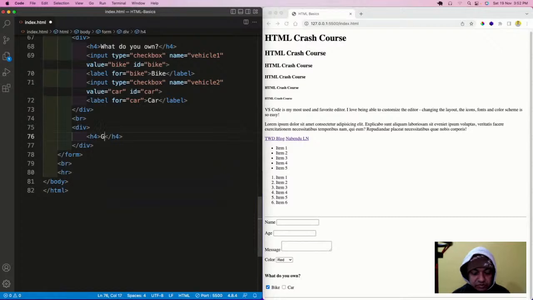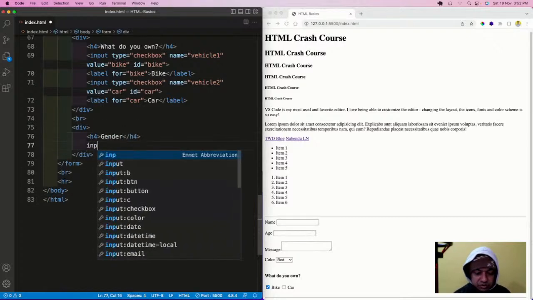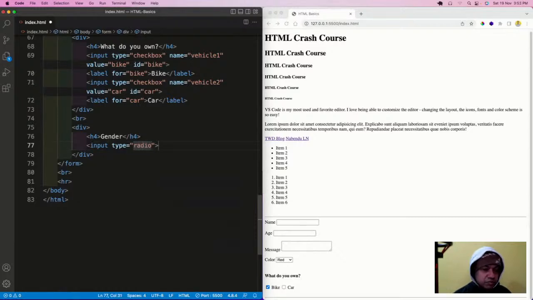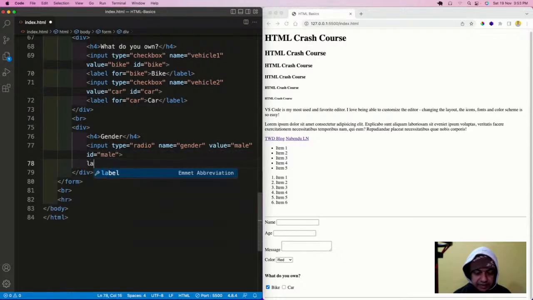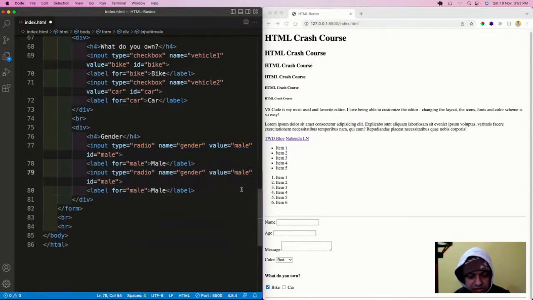So I will have an h4 with gender, and in this I will have an input type radio, with name equal to gender, value equal to male, id equal to male, and a label for male. Then I will have one for female, with id female.